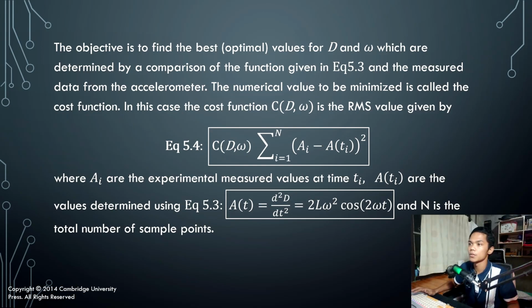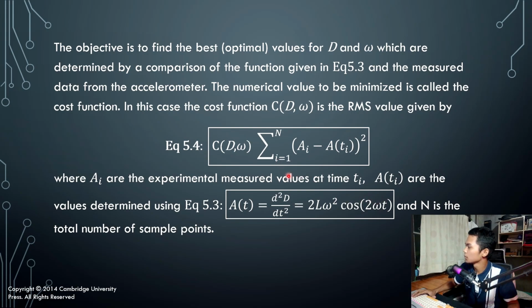The objective is to find the best optimal values for L and omega, which are determined by a comparison of the function given in equation 5.3 and the measured data from the accelerometer. The numerical value to be minimized is called the cost function. In this case, the cost function C of L and omega is the RMS value given by this equation right here,